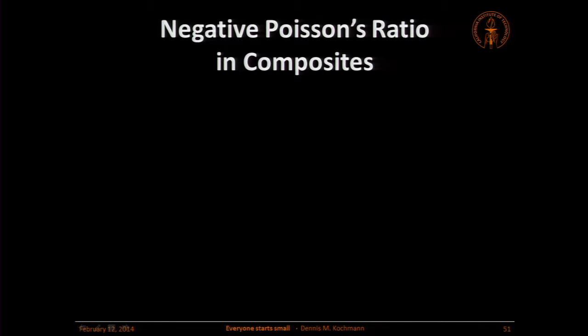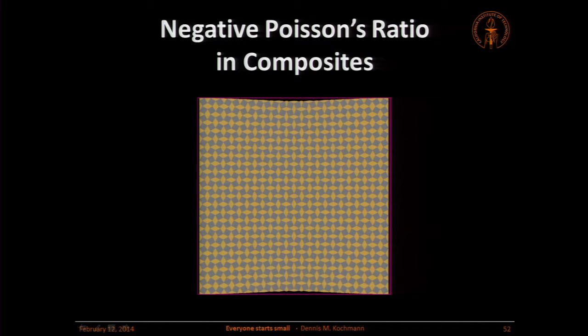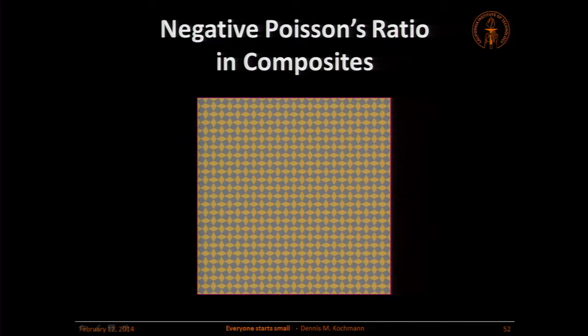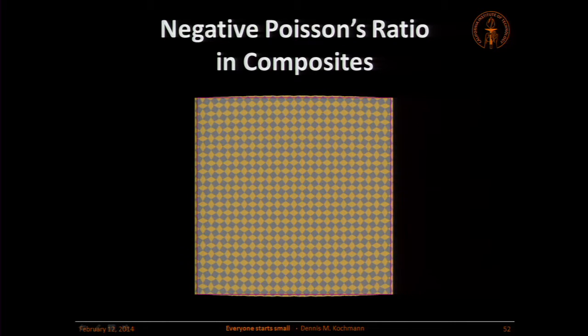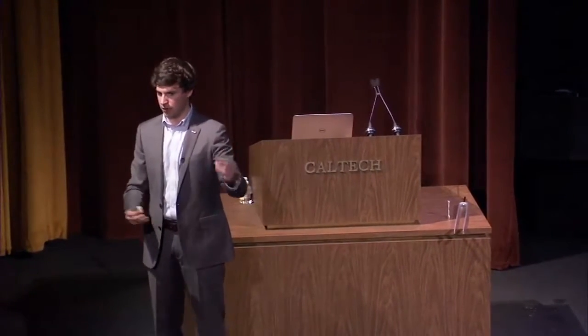If you can't really see the effect, I'm going to zoom out and show you a bigger one. If we compress it, you can see how it also goes in the lateral direction. When you expand it, you can see how it also expands in the lateral direction. So here you have another simple example of how you have to arrange materials, how to make a microstructure to get interesting properties on the macro scale. You compress it, it gets thinner, you pull on it, it gets fatter. We have another oxidic material that can easily be designed.